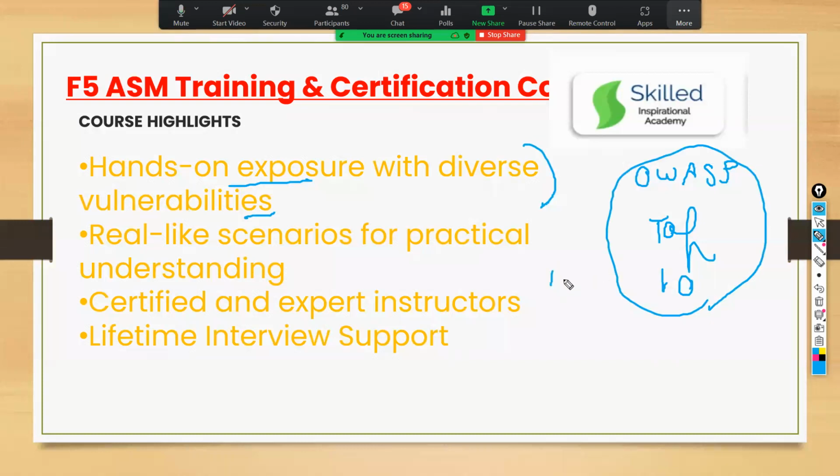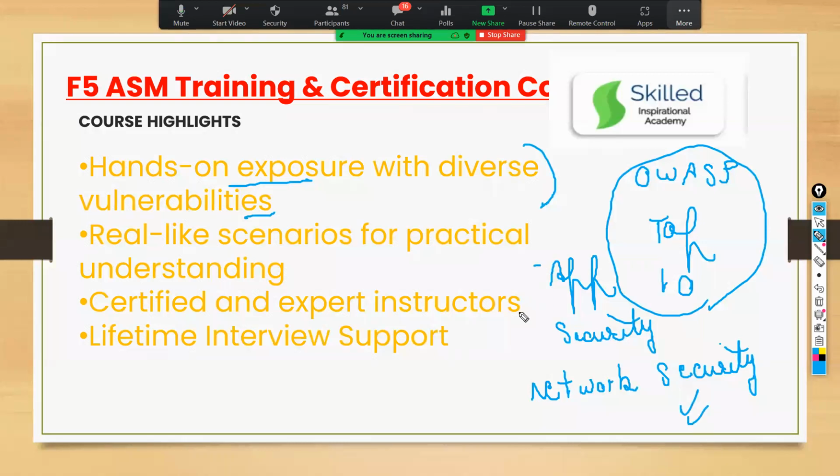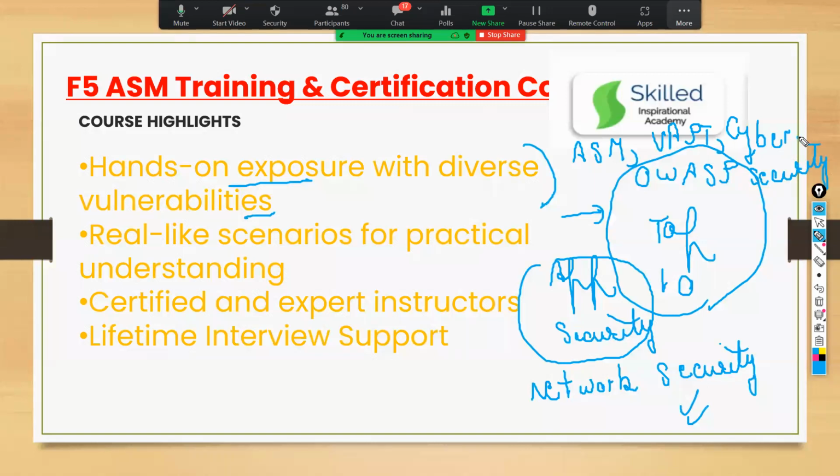If you are good in application security, guys, then you can go to information security plus network security. See, Palo Alto, Checkpoint, FortiGate all come under the network security part, and F5 comes under application security. That all comes under ASM, or you must have heard about VAPT stuff, or you must have heard about cyber security products. So that all comes under your application security.